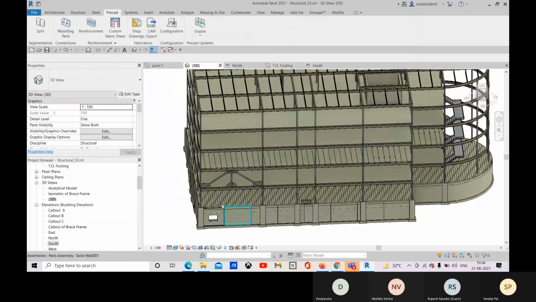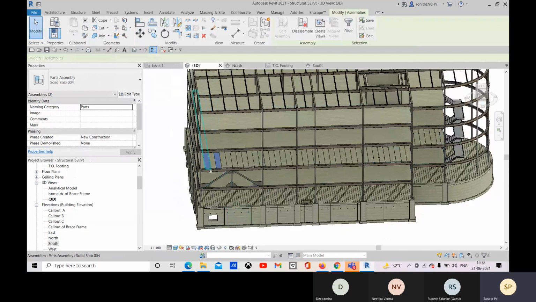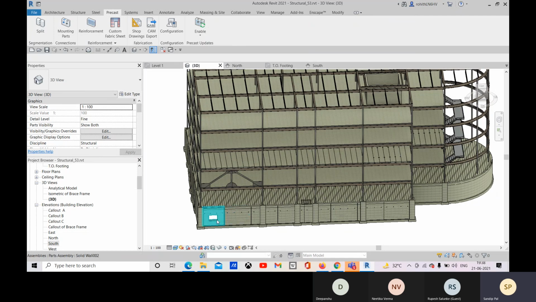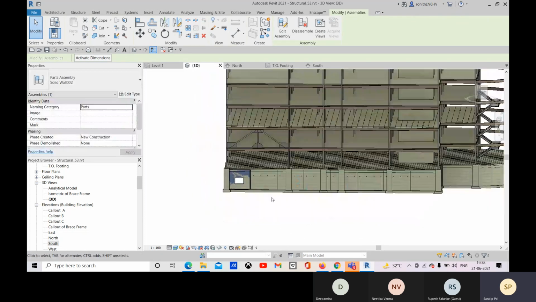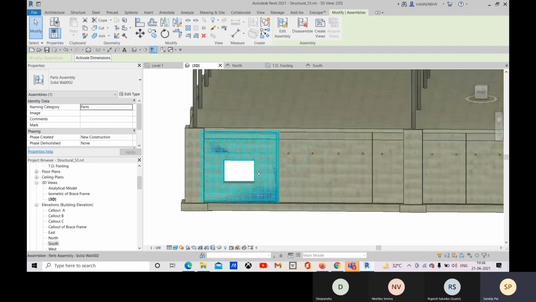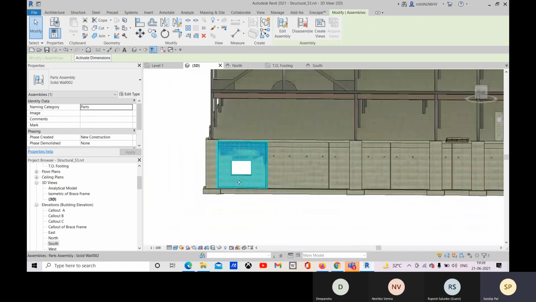Now, for your precast model and your precast members, you can easily create any shop drawings. Okay, before creating your shop drawings, you need the views, right? Like the plan view for that member or that assembly, and the section view and the detail view, right? And the material takeoff for that member. So I'm going to show you for this particular assembly. Okay, and in a similar way you can do it for all other assemblies.